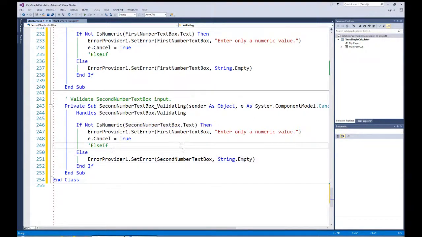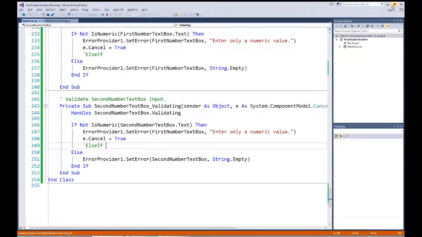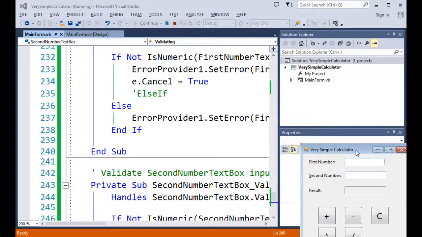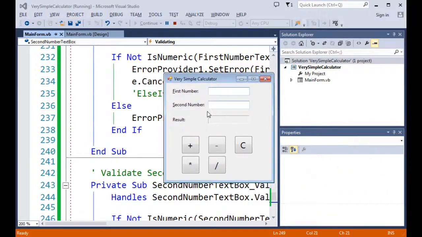Okay, let's run this code at this point, and I will show you that we're going to have something that's a little uncomfortable, at least for me, in coding. So I'm going to start the debug, and what I like to do, as soon as I can grab the text box there, is I'm going to enter in an invalid number. I'm going to type in 10, the number. And as I tab, I'm not even clicking on the button at this point as we have in the past. I'm just going to tab to the next one, to the second number text box, and right away I'll have